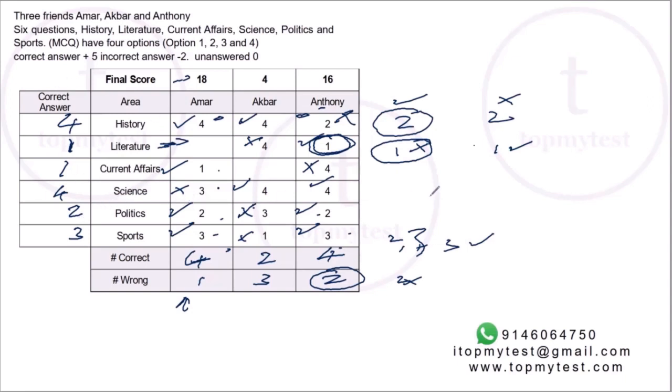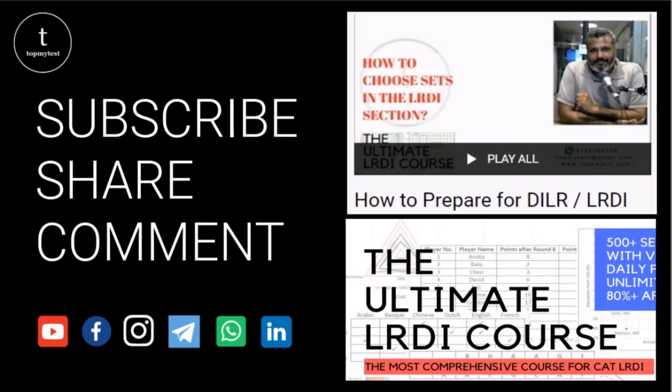The universe shrinks. Time also reduces. If we put in a little bit of effort, the question also becomes relatively much more doable and much faster to do. In an exam situation, about 8 to 10 minutes, it's a moderate to slightly tricky sort of a question. That completes this session on must-do sets for CAT LRDI preparation.